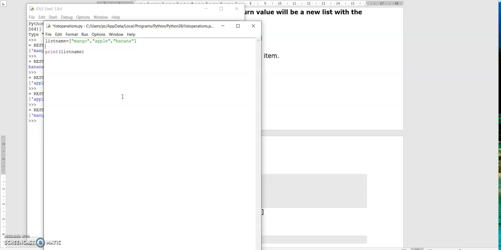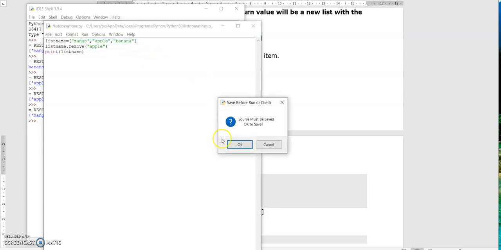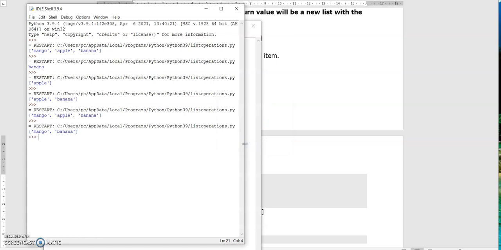Here list name dot remove, let's remove apple. Now save and run. After removing apple, we have only mango and banana. Mango and banana are printed and apple is removed here. Okay.